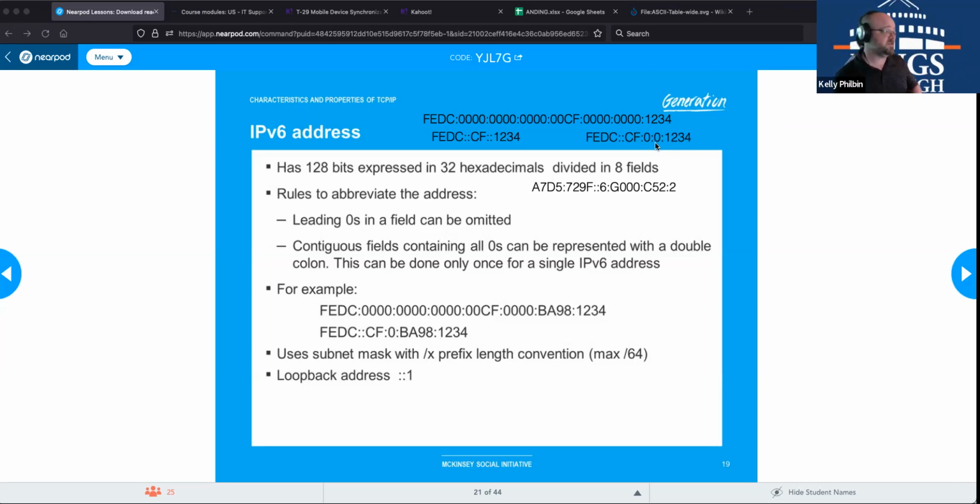And then for some reason, if there's only 1 set of zeros, if they only had a single set of zeros, we wouldn't do double colons, we would just do a 0. If there's only 1 set of zeros, all zeros in the whole thing. So if there was 7 with letters and characters,